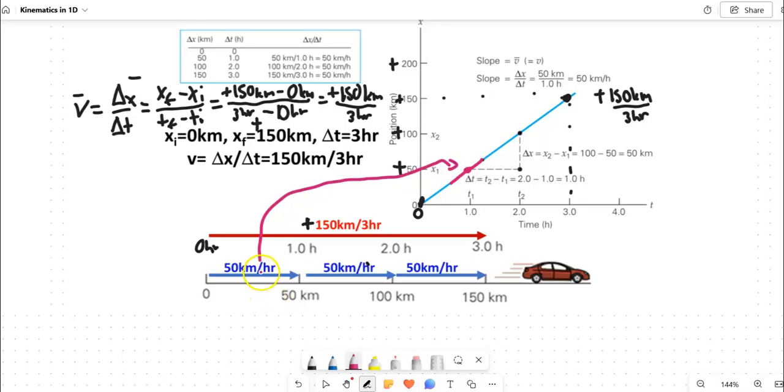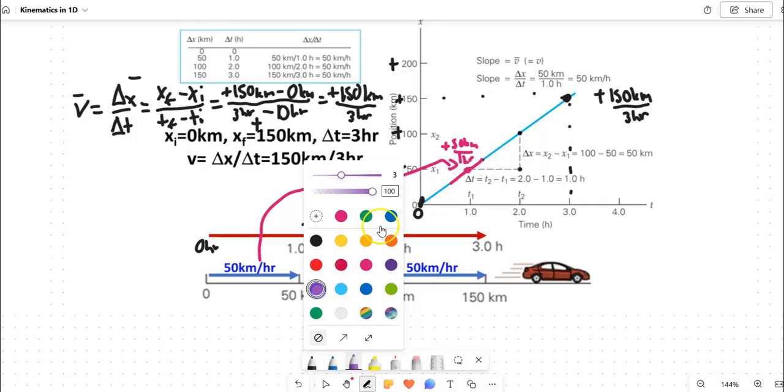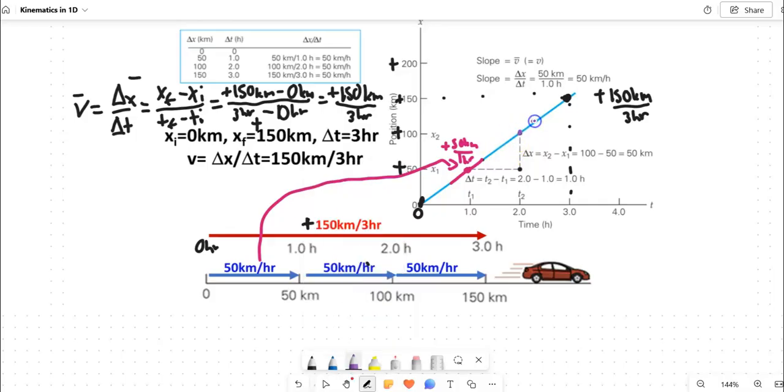That is this guy's slope, which is positive 50 kilometers for 1 hour. The next slope that we have, and we'll use purple, is this guy. So at this point, this is the instantaneous velocity, the velocity at that instant of the 2 hour mark, which again is another positive 50 kilometers over the period of 1 hour,